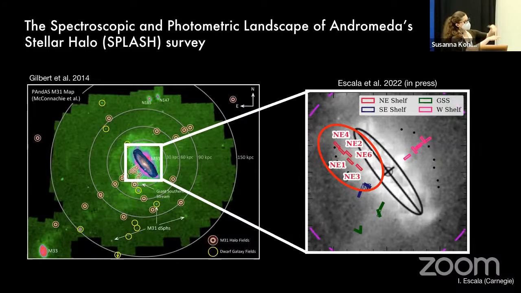But there's also this diffuse shell system. Some of them are outlined by the black dots in this image, and the one I circled corresponds to the northeast shelf of M31. Despite the fact that this feature was discovered in the early 2000s, it's evaded spectroscopic characterization until now. So we were not actually certain that it was a tidal shell for this reason. And this feature is particularly important to constrain the nature of the merger event that produced it, because much of the central debris from this event is predicted to be deposited in the region of the northeast shelf.